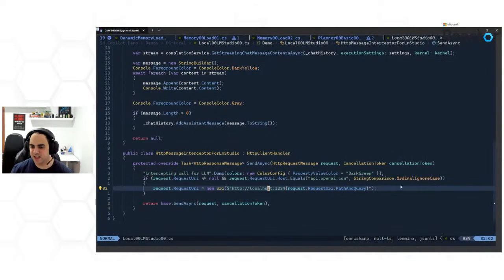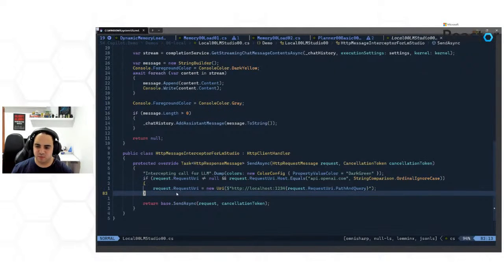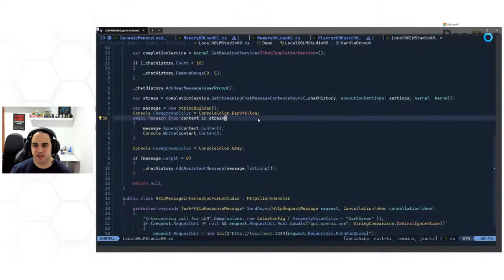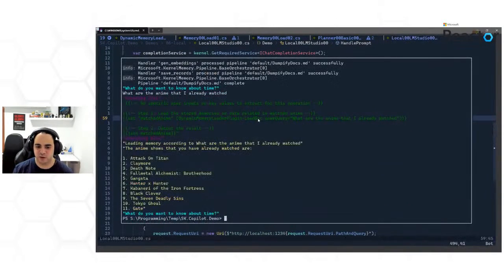I'm adding the same path and queries that I have, and just sending the request to the local server. That's it. I didn't change anything else. And this time, if we're going to run a demo called local 00 LM studio 00,